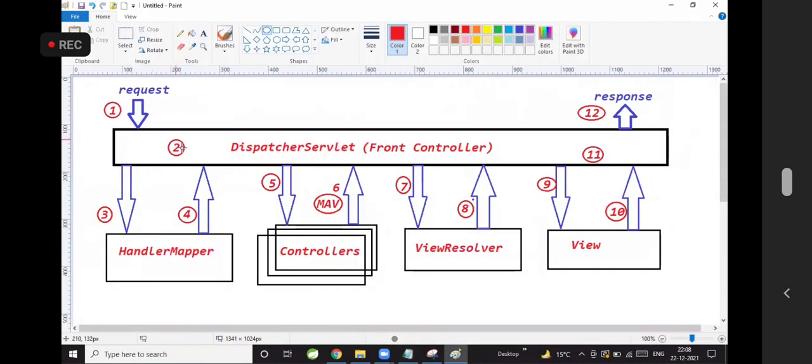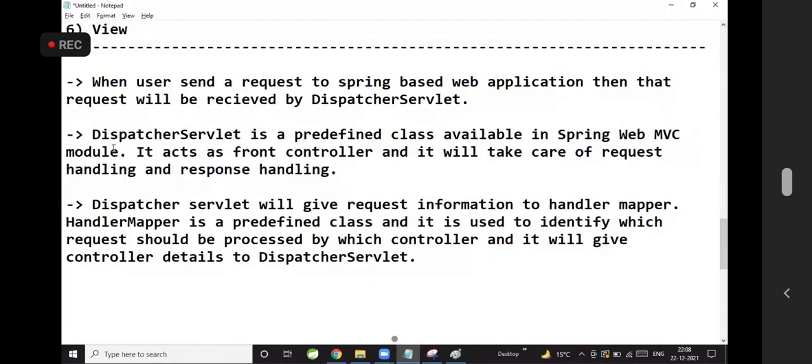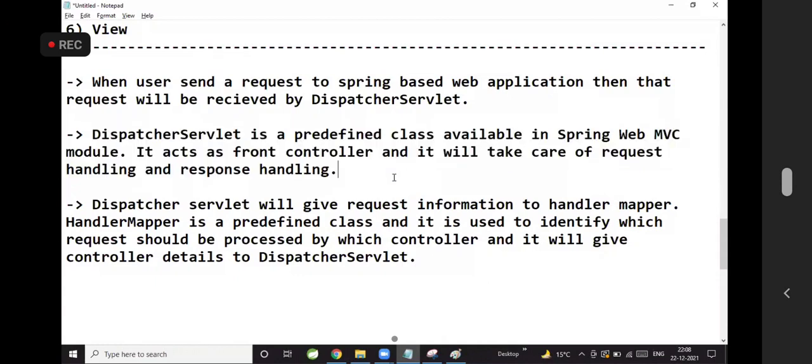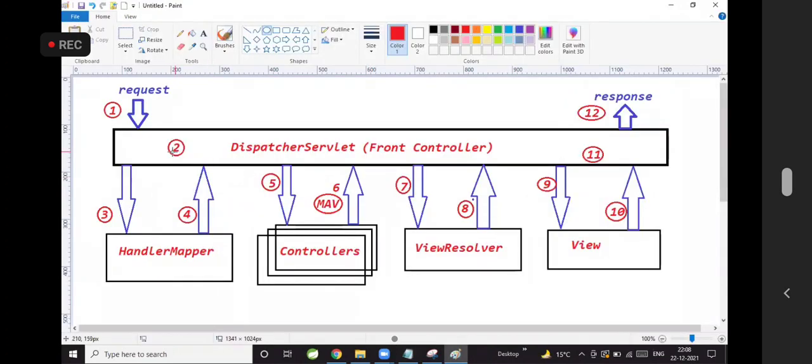Are you clear with first step and second step? When user send a request, it will go to dispatcher servlet. What is dispatcher servlet? Dispatcher servlet is a predefined class available in the Spring Web MVC module. It acts as a front controller and it will take care of request handling and response handling. Okay. Now, what the dispatcher servlet will do? Dispatcher servlet will give the request information to handler mapper.